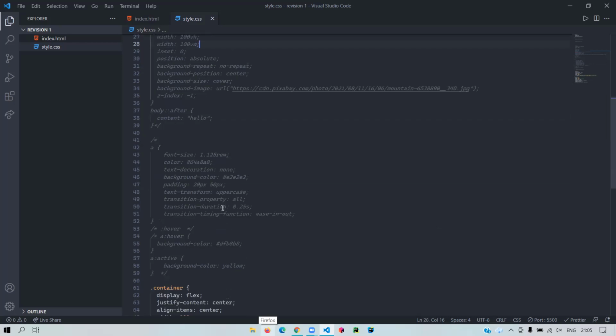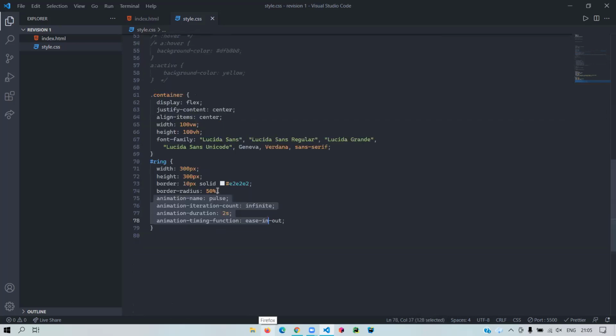Okay, so the animation name property basically allows you to create a name for that animation so that you can access it outside, and then you can create the code for that bit. The iteration count basically tells how many times you want that animation to get repeated. Then there's animation duration, like how long you want the animation to function. And then there's animation timing function. What this basically does is it tells whether you want the animation to proceed slowly or fast. So like ease-in-out is basically, when it begins, it will be slow. In the midway, it will be fast, and as it approaches the end, it will again become slow. That's why we have this.